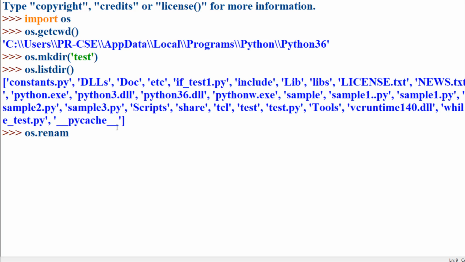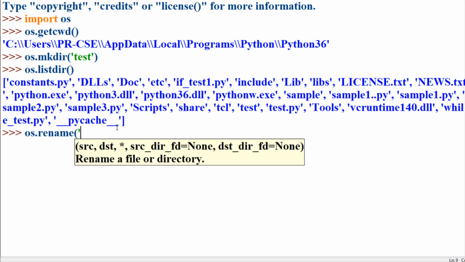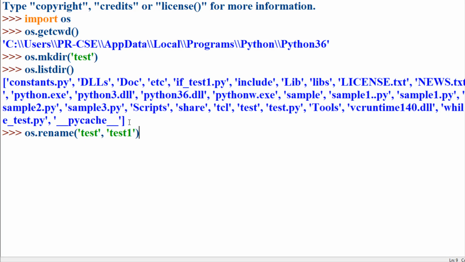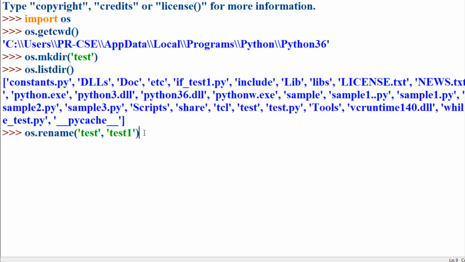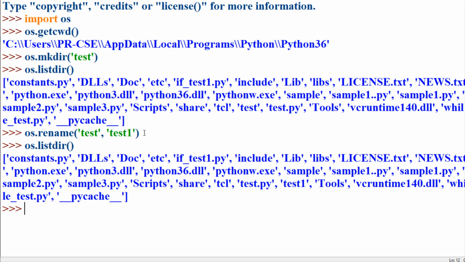to rename your directory. Say for example, the directory I have created is test. Now I would like to rename that directory with the name test1. You can observe here there is no directory with the name test1. So this test directory I am going to rename with the name test1. To observe the change, you just get the list of the directory again. Here you can observe that instead of the test directory, I got the test1 directory. That is how you can use the rename method of the OS module to rename either a file name or